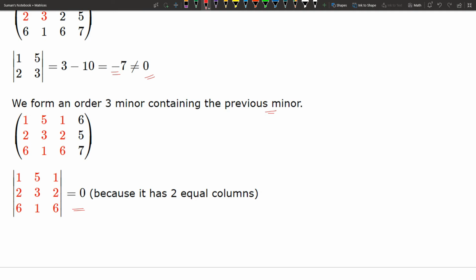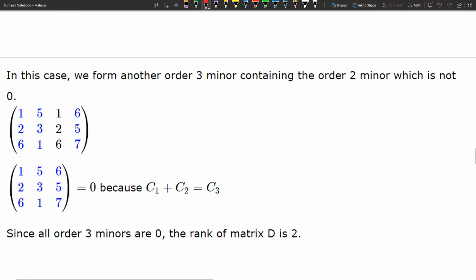So we have to choose another minor of order 3 using the previous minor of order 2, that is 1 5 2 3. Let's check. In this case we form another order 3 minor containing the order 2 minor which is not 0. So that is 1 5 2 3, the first minor of order 2.